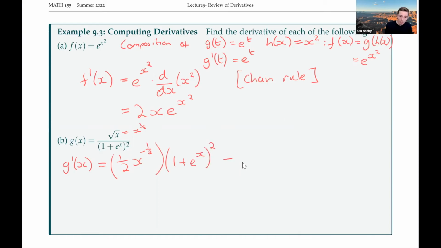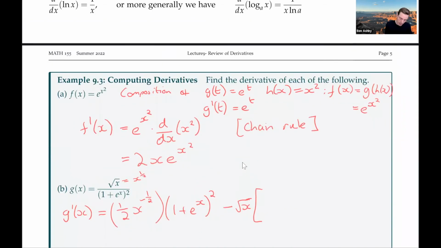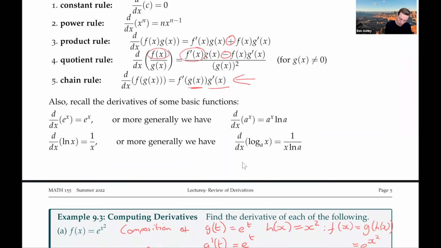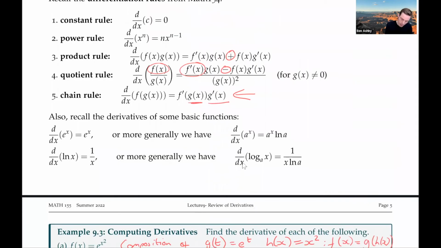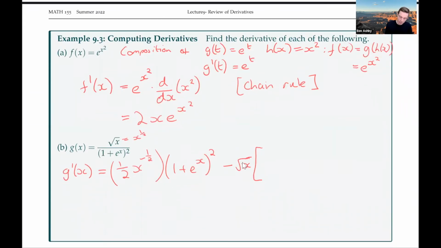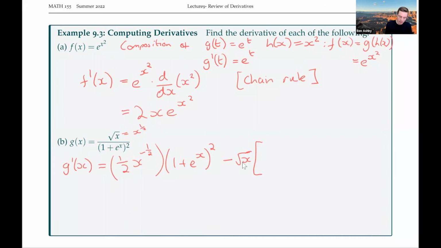And then we're going to subtract whatever we had on the top. So I'll just write this as root x here because it's slightly less messy, multiplied by the derivative of what we had on the bottom. So the derivative of what we had on the bottom, okay, that's going to be a little bit complicated again. So again, I'm just doing this bit here now. F of x times by g prime of x. So I've got our f of x, which is square root of x, and the g prime of x here. Unfortunately, because there's a g here,